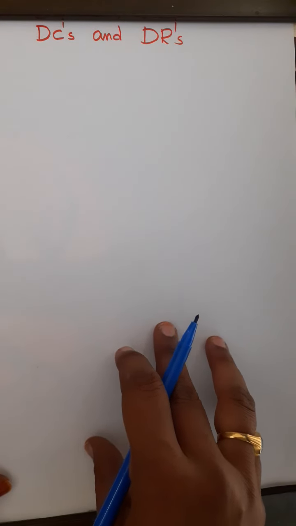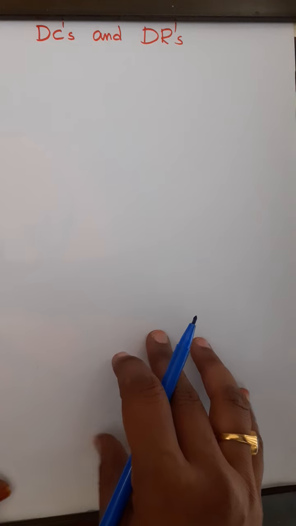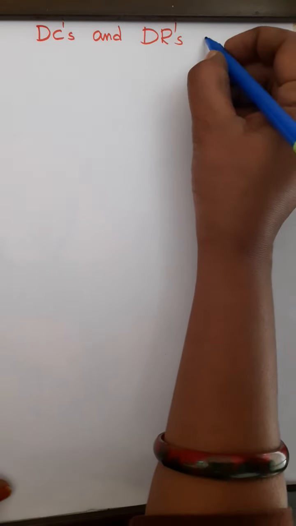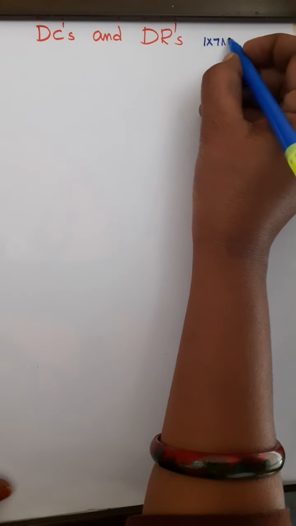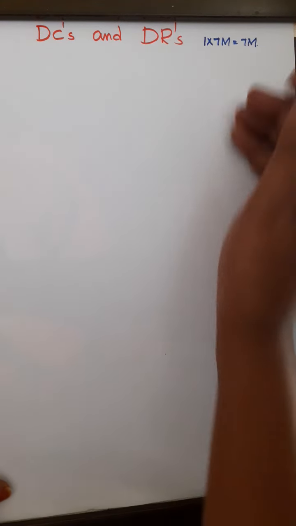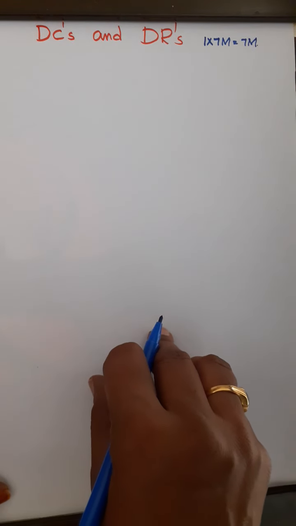Good morning, cadets. Let us see a very important and interesting chapter which will get 7 marks from this unit. One 7 marks question will come from this unit, total 7 marks. And we have most important questions from this unit. Before that is direction cosines and direction ratios.